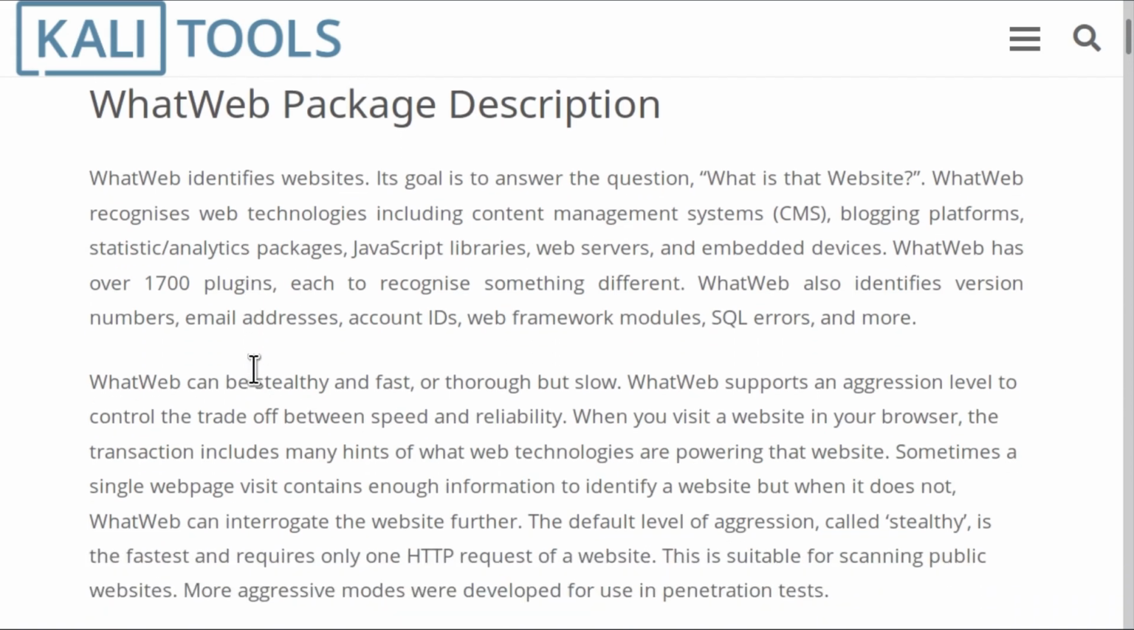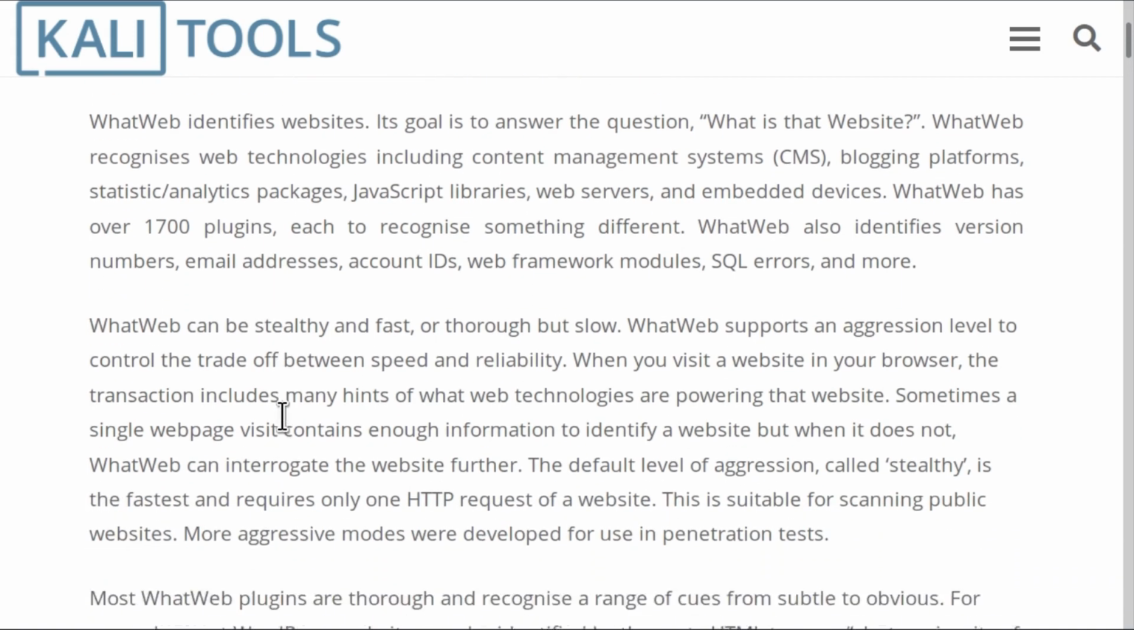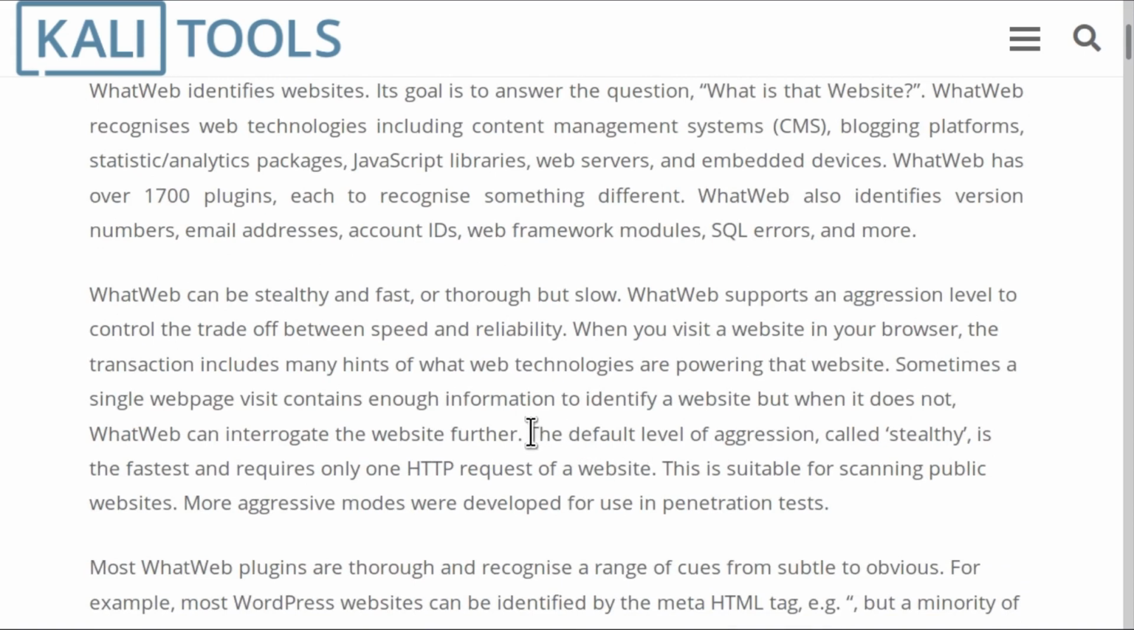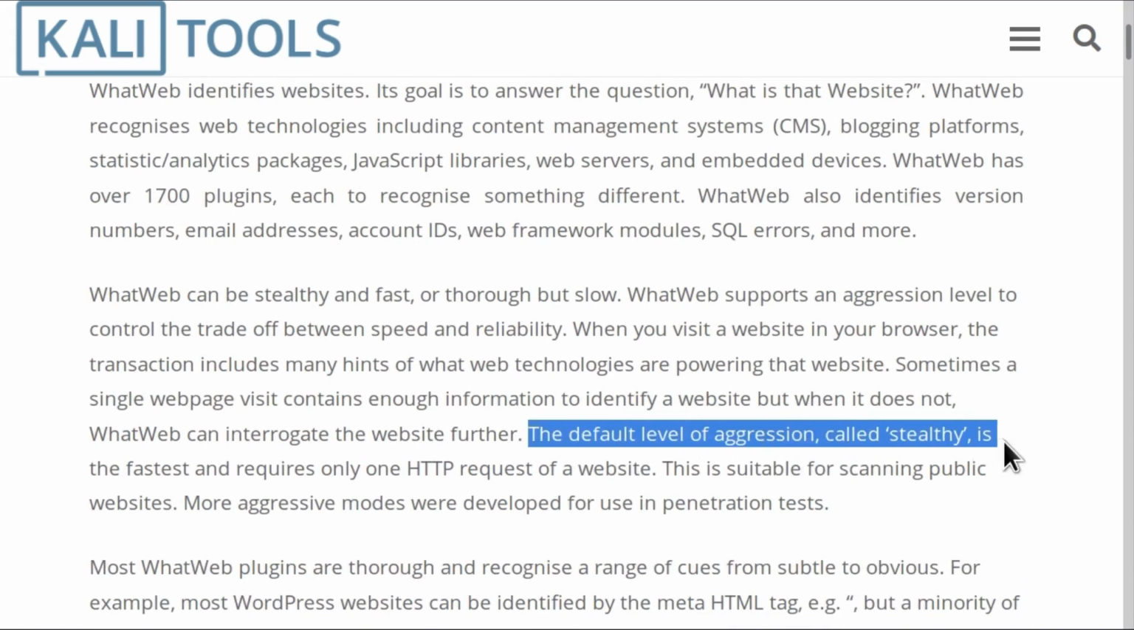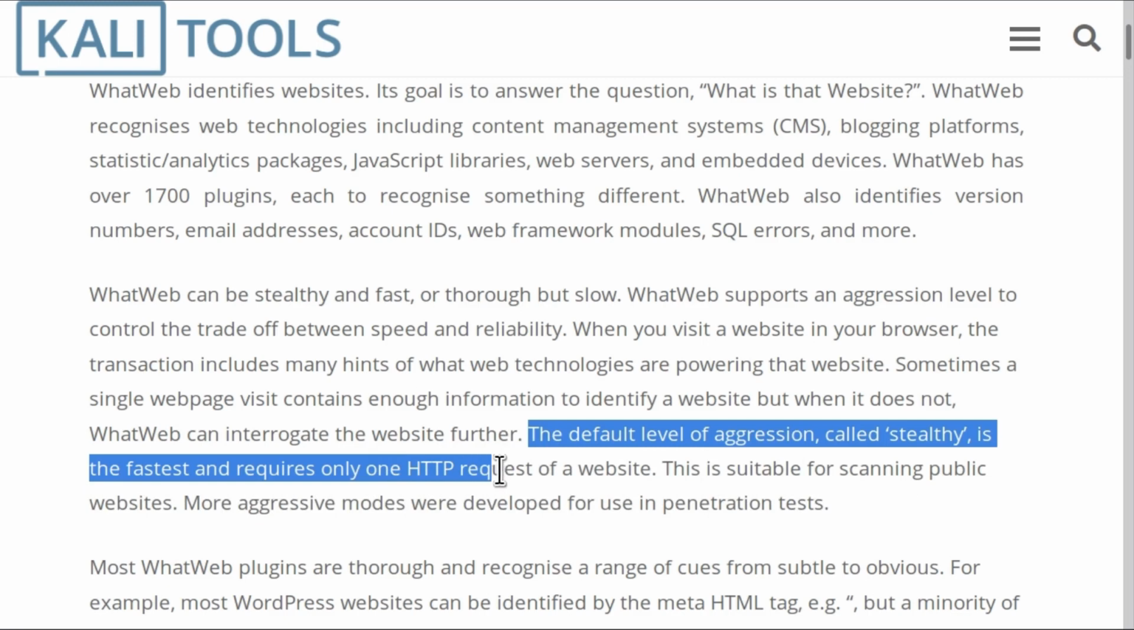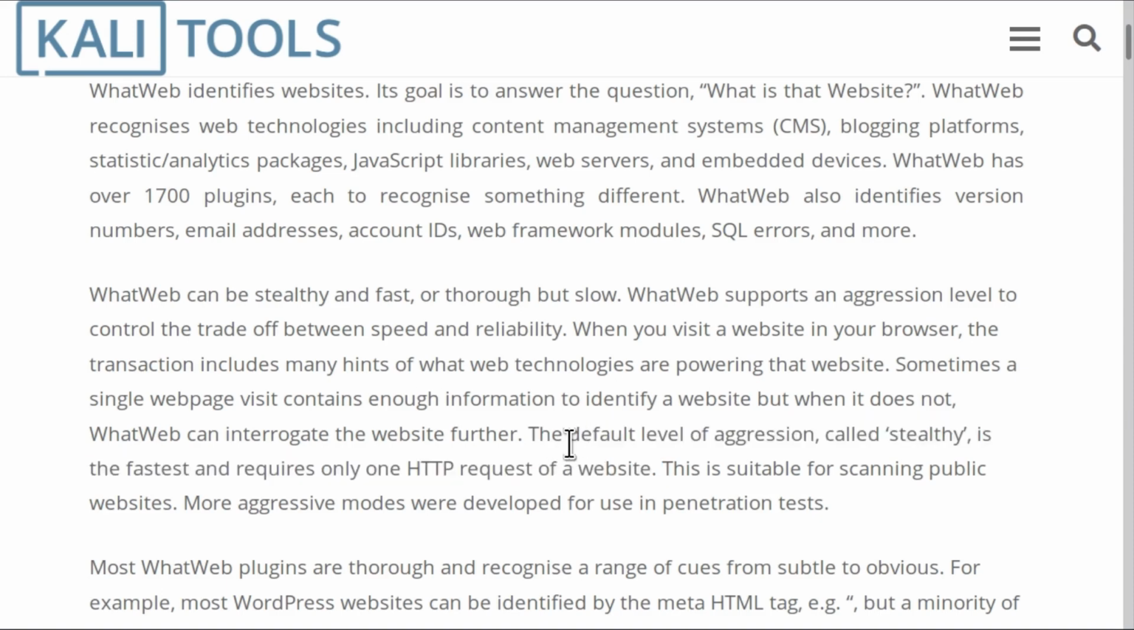What is important for us is this second paragraph, since down here it tells us that the default level of aggression called Stealthy is the fastest and requires only one HTTP request of a website. Now what this simply means is that this Whatweb tool has different levels for scanning. And the default level is the level of aggression that is called Stealthy, which we can use on any website